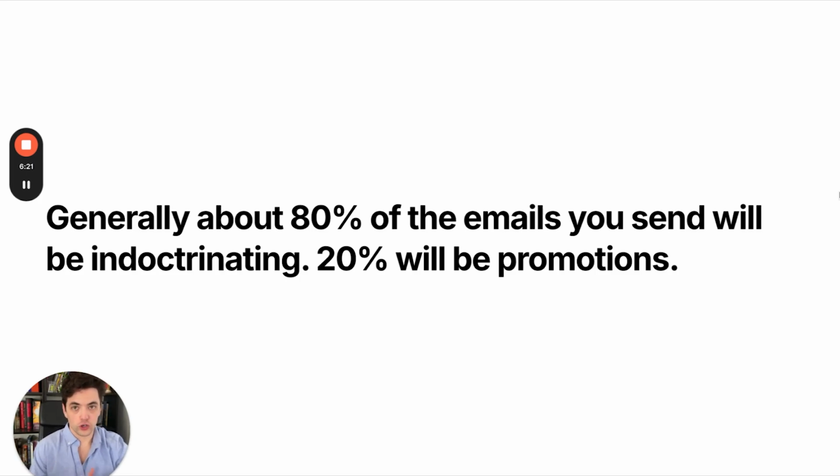In order to earn the permission and the right to send those emails, we have to do the indoctrination phase. So we just did the engagement phase, which is the engagement sequence that I just talked about. After the engagement sequence, they get dropped into the master email list, and we begin the indoctrination. 80% of the emails you send will be indoctrinating. 20% will be promotions. And yes, 80% of the revenue comes from the 20% of the emails you send, which are promotions, but you have to earn the right to send those first.